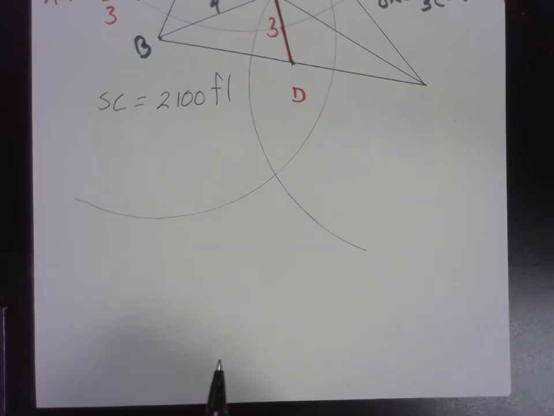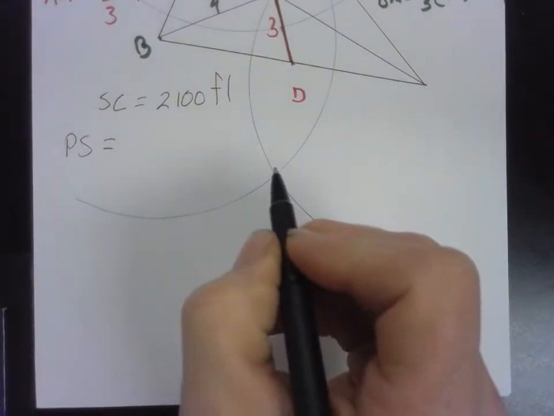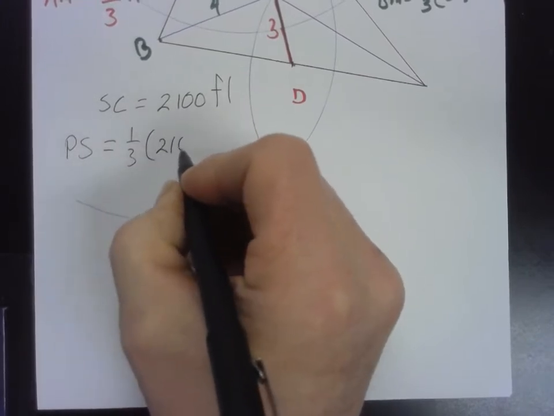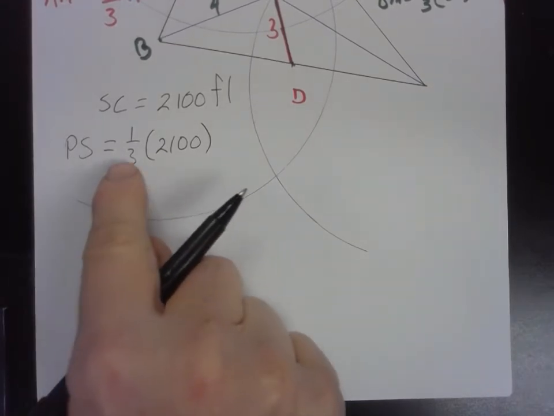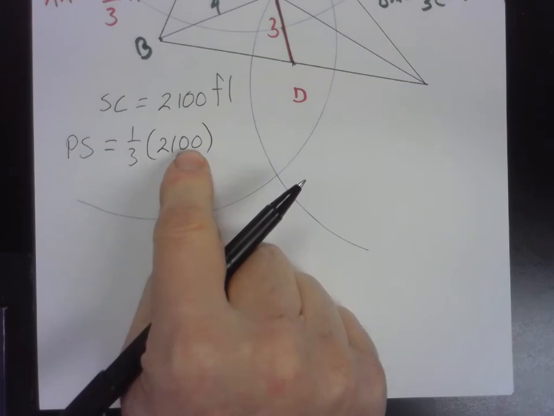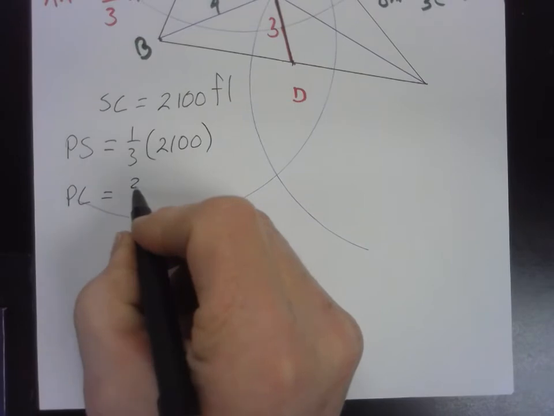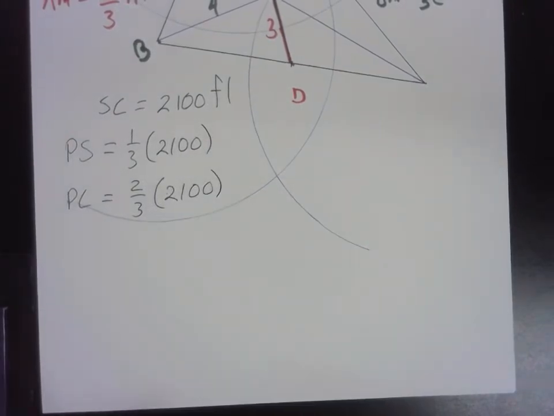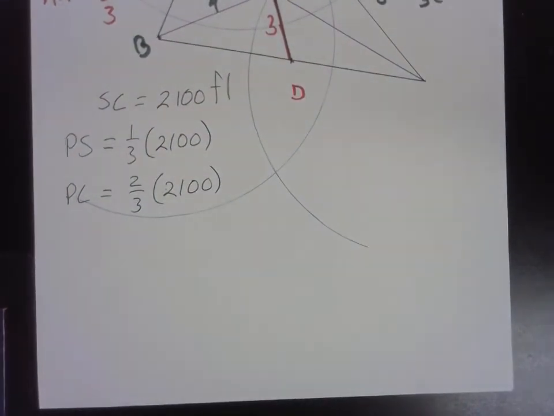PS is what fraction of that? Okay, it's 1/3 of the 2,100 feet. If you can say it, oh, well, that's 1/3 of it, well, then you just said the equation, didn't you? Okay, and of course, PC is 2/3 of the entire segment. And so what is this, 700, and this one's 1,400? You guys already knew that, didn't you? Okay,